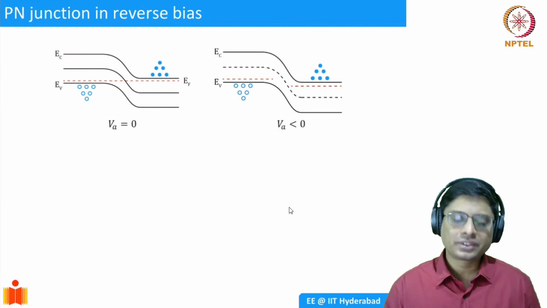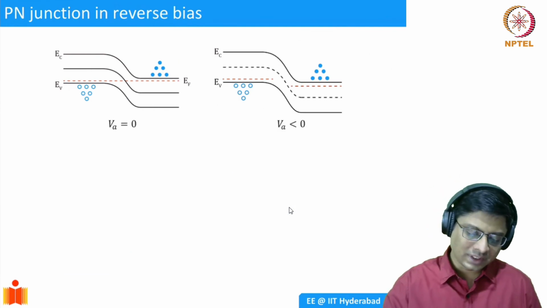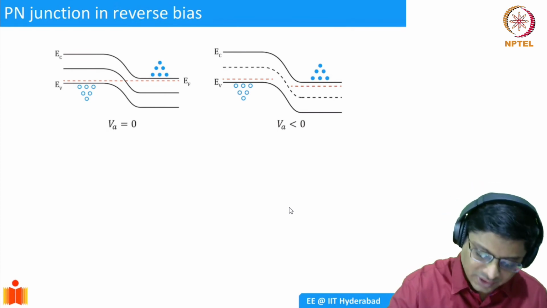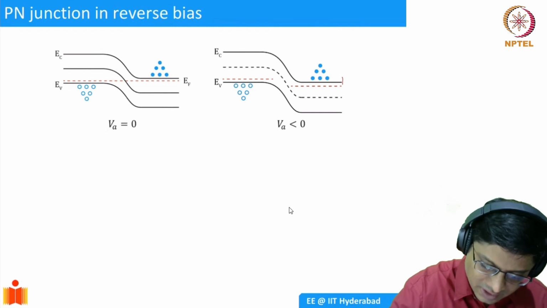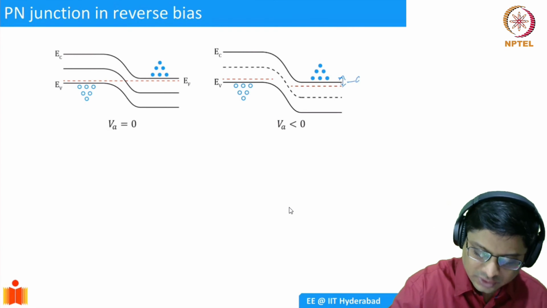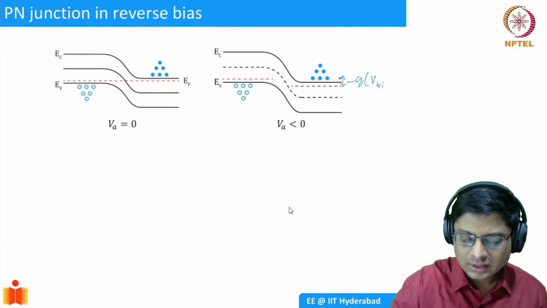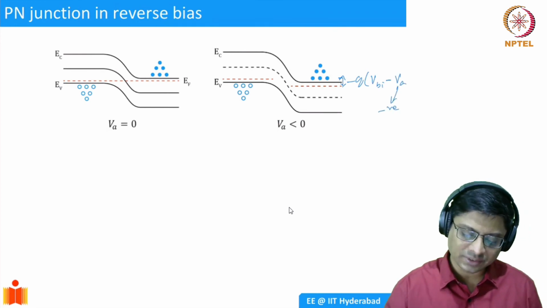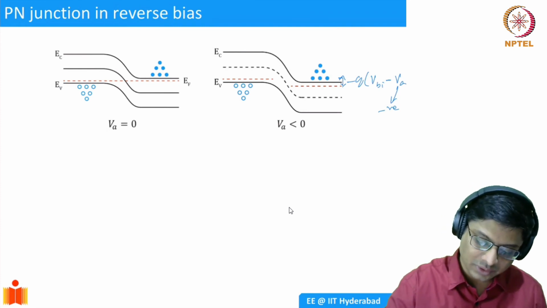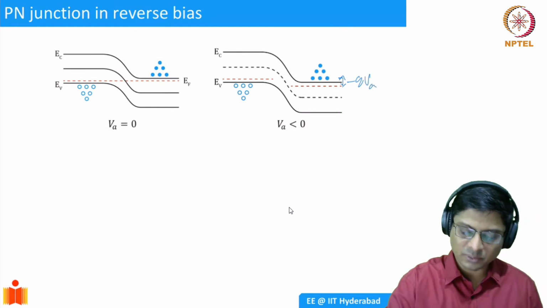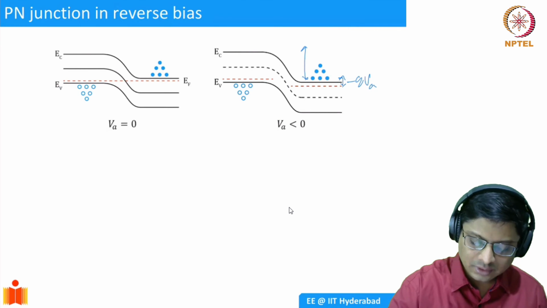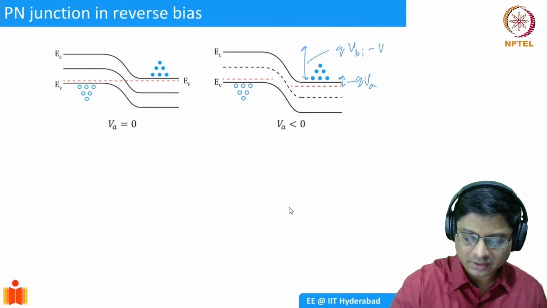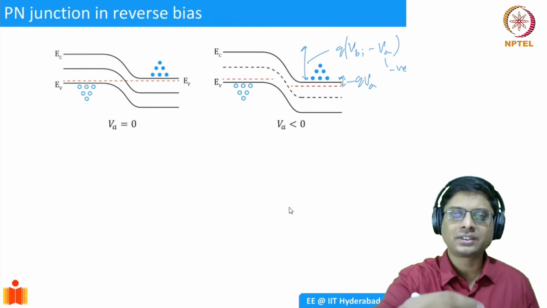So yeah, the same analysis we can do for the reverse bias as well. In the case of reverse bias, if you carefully work this out, you see that the Fermi level of the p-type semiconductor has moved slightly up. This is q(VBI minus VA), but now VA is negative. So the whole thing is basically shifted up. This difference in Fermi level is simply q times V applied, and this is your q(VBI minus VA). Since VA is negative, the whole barrier has increased in height.